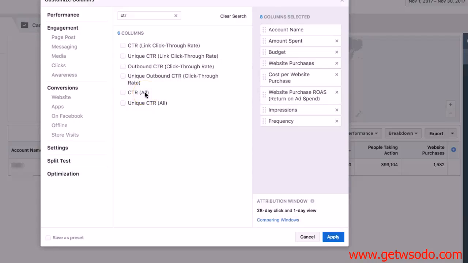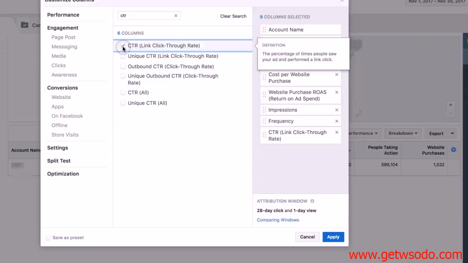CTR all is basically any kind of click on an ad on Facebook, and it includes a whole range of other things that are probably not of interest when you're looking at e-com performance. So depending on the type of ads you're using, tracking the link clicks coming through can be useful, for example, if you're running Canvas ads and you want to track people that are interacting with the ad and actually open up the canvas, so you can look at link clicks and then look at outbound clicks to see how many actually then go off